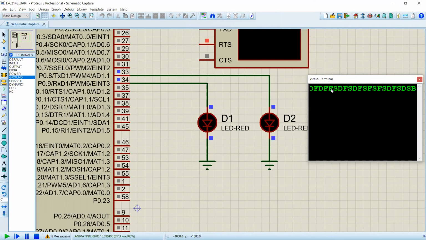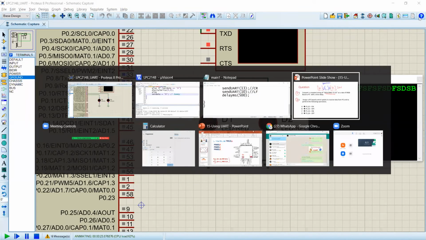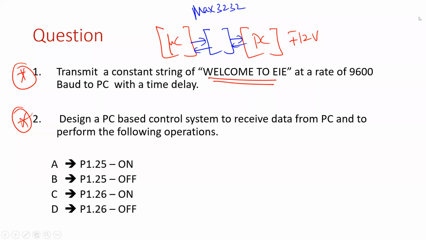Now this is the template program for receiving a command from a UART host and taking a decision based on it. When I say UART host, the host device in this case happened to be my personal computer. You can change the host device to any device. I would quickly tell you what I am trying to explain.